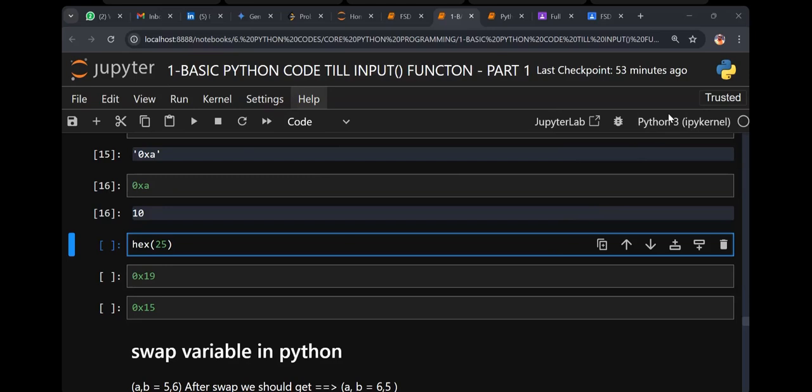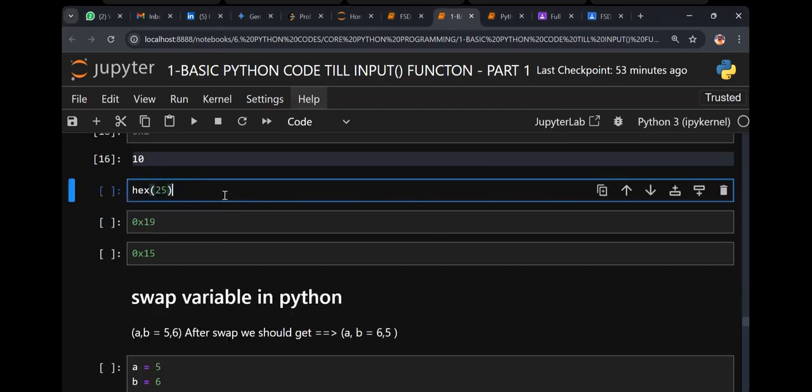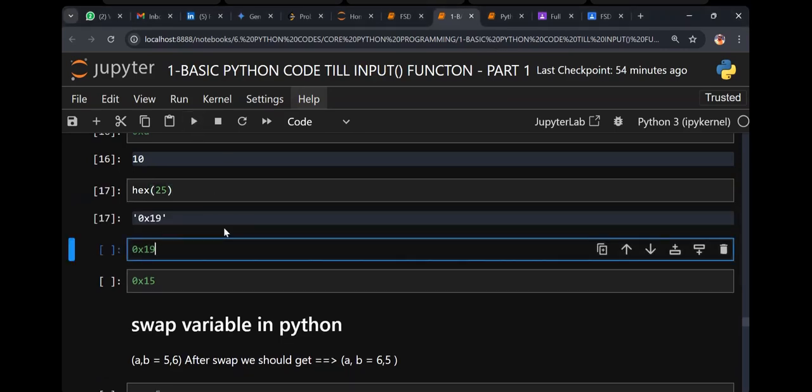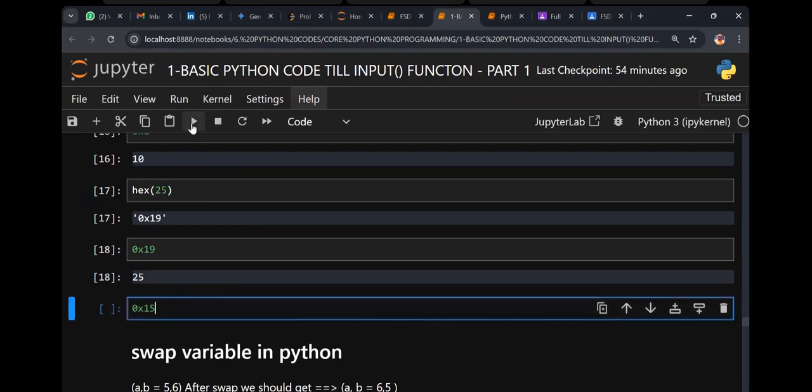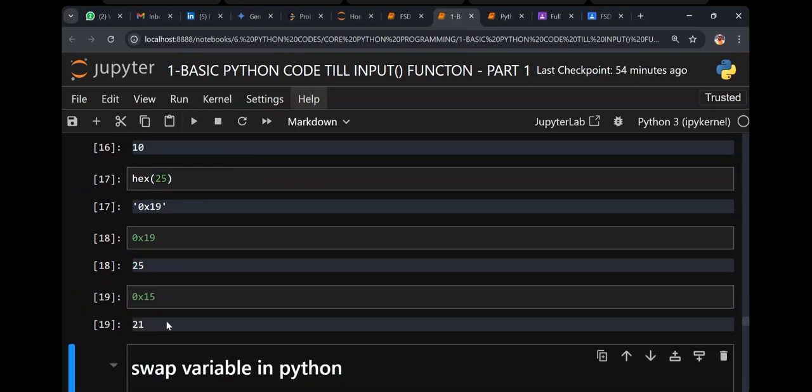One second. So when I say hex of 25, what is the output? 25 divided by 16. 16 1s are 16, what is the remainder? 9. So it is 19, or not? Check and execute. Here we go. And done. And 0x15 is 21.